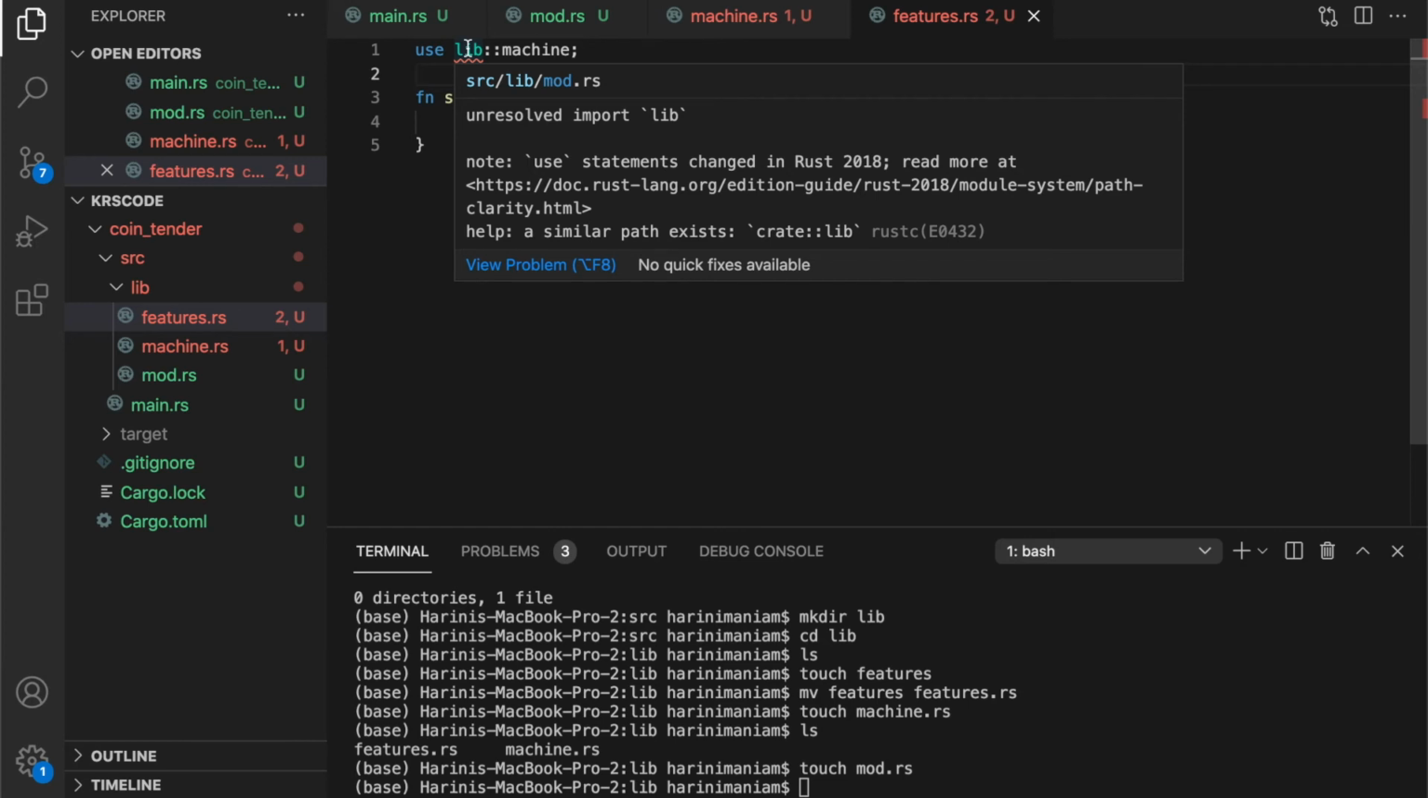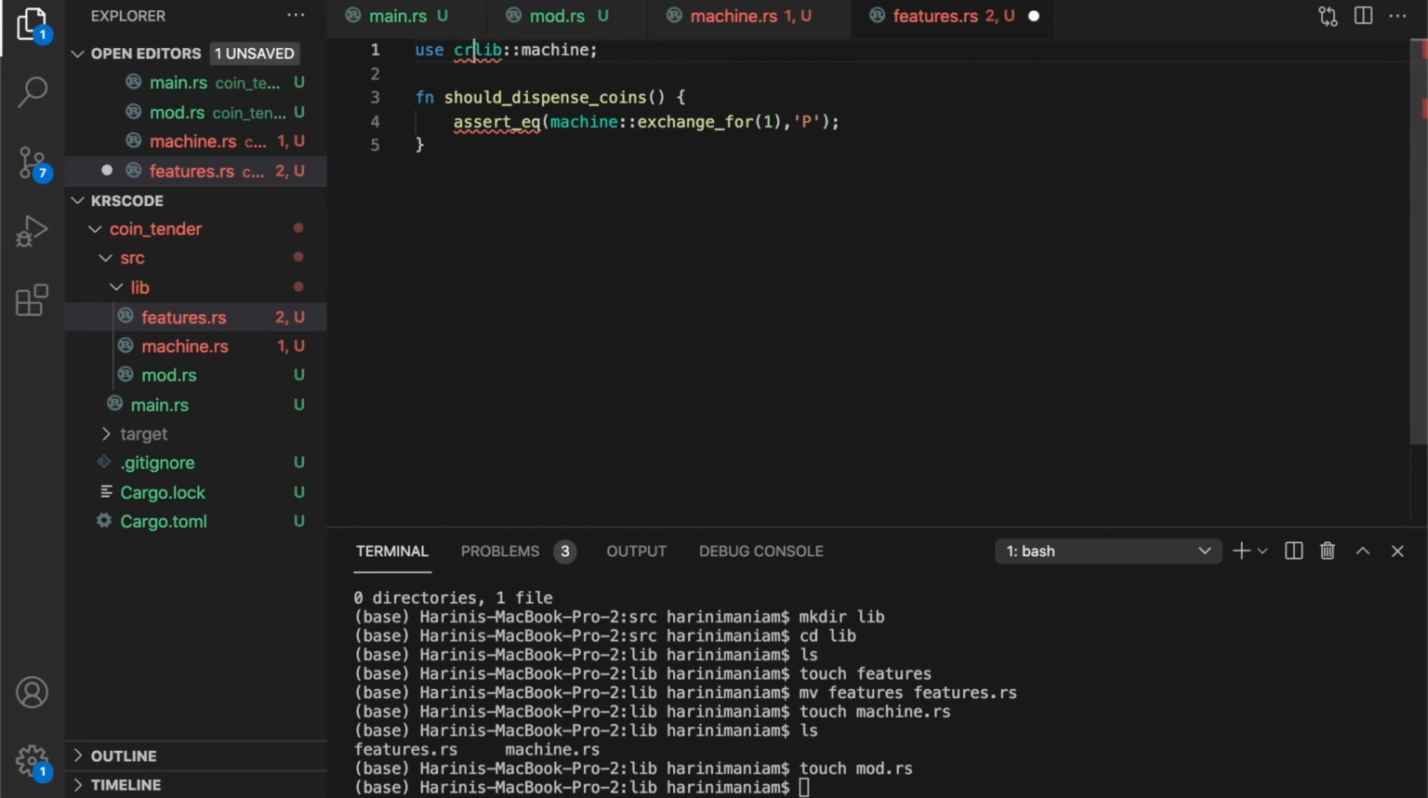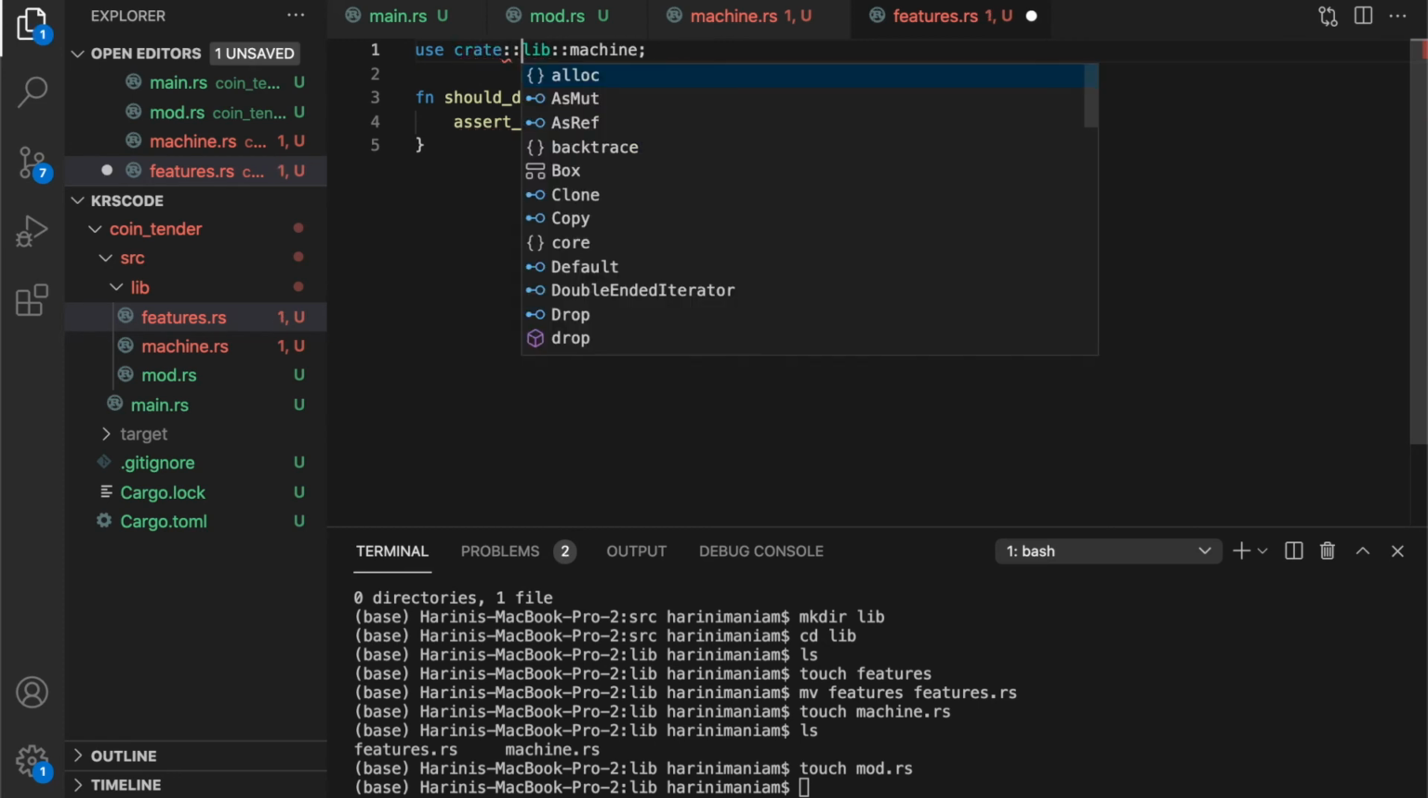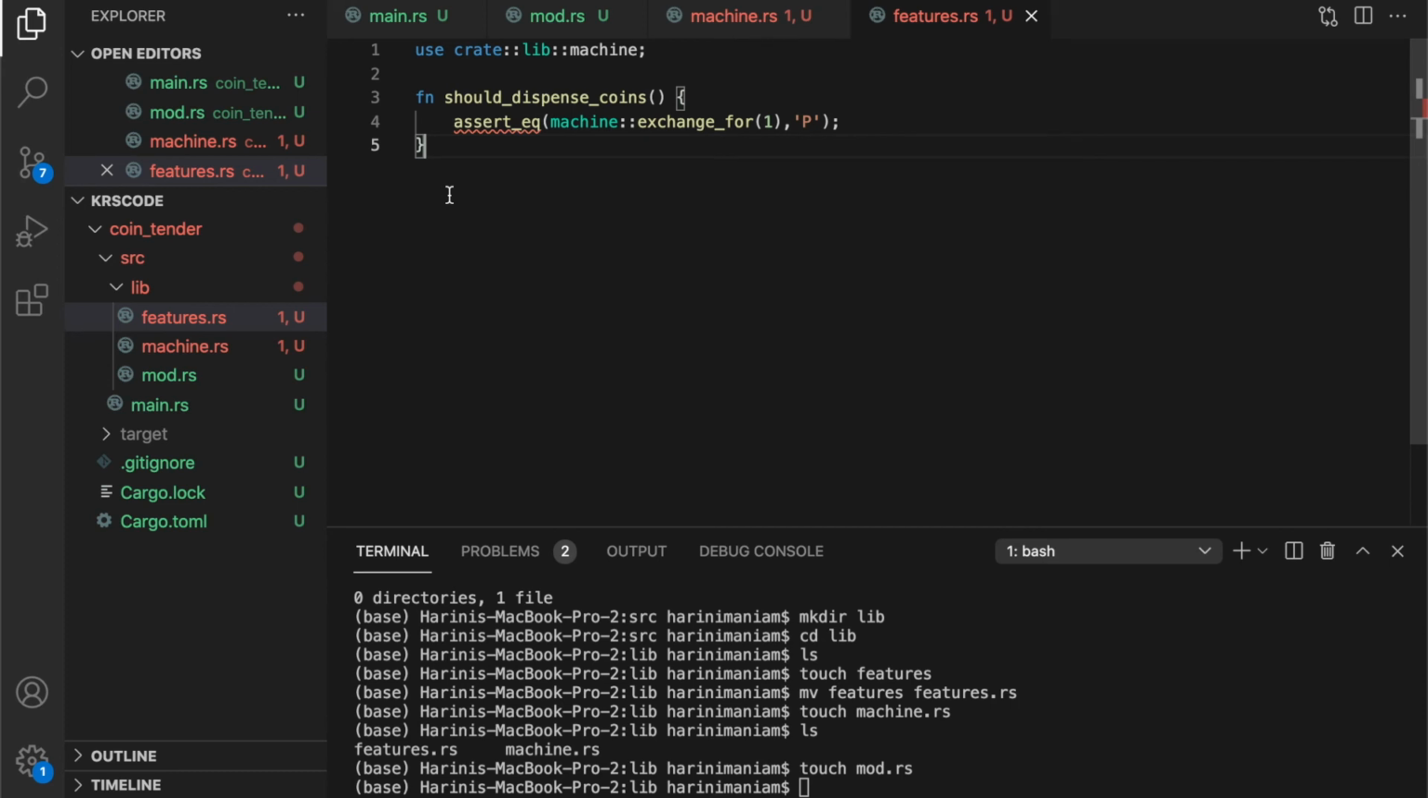Now, where the lib is, help is available to you. A similar path exists: create lib. Let us give that, create lib. It accepts our mischievous activities. Now it goes to this assert_eq, which requires an exclamation mark because it is a macro, and our test